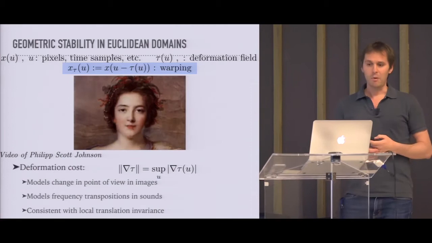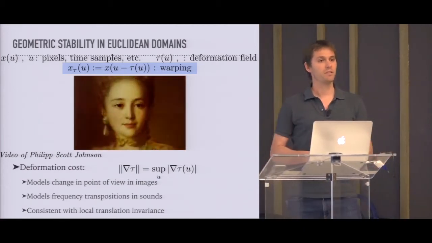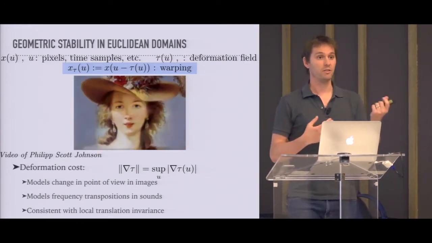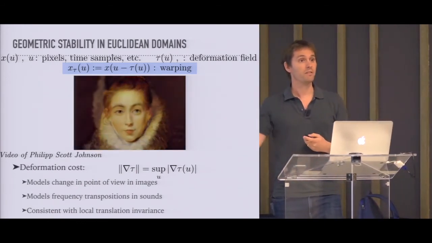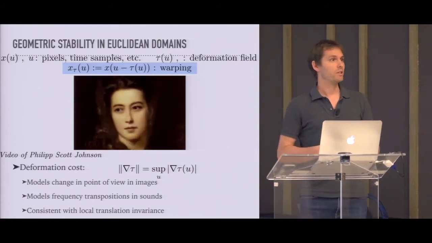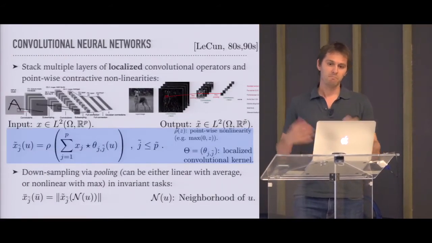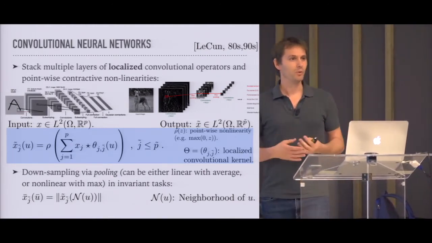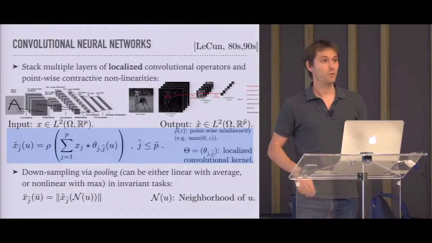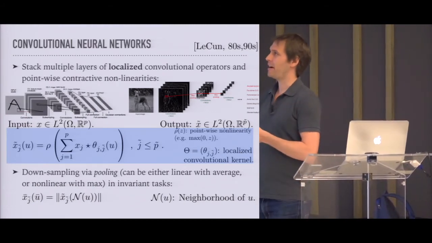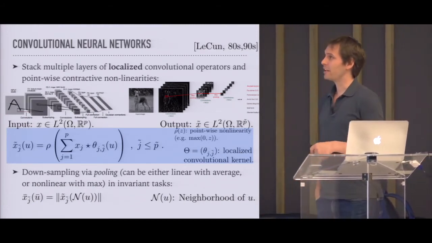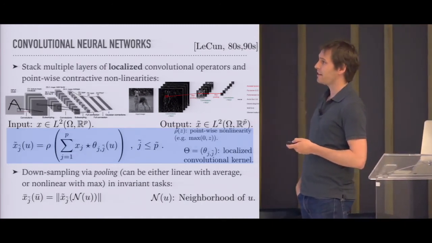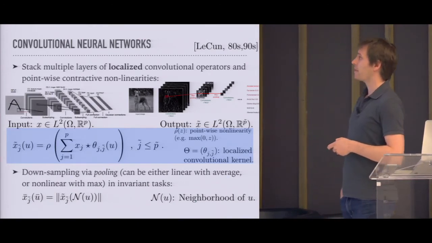So the question is, if we believe this assumption, that if I add this amount of noise to my input, the function that I want to interpolate is going to change very little, how can I leverage this kind of prior in a machine learning model? It's probably not a surprise that one particular way to adapt well to this form of noise is to use this famous, by now, architecture that essentially does one very simple thing many times. And the simple thing that it does is basically a convolution with a localized